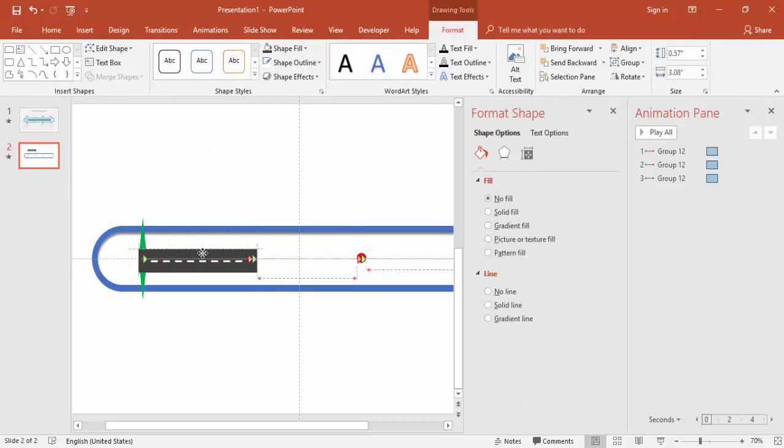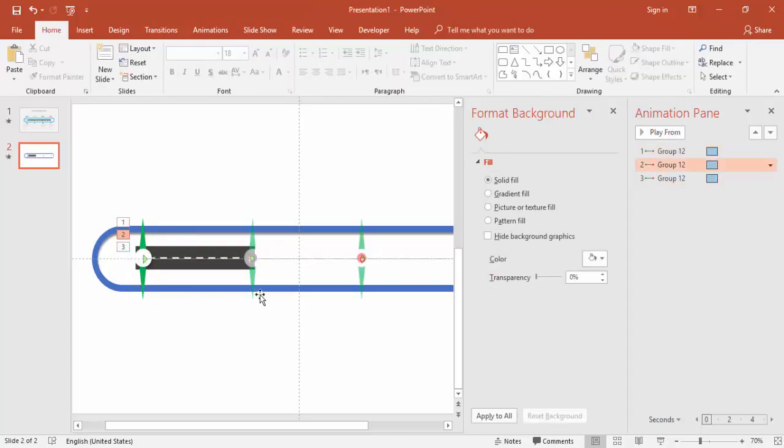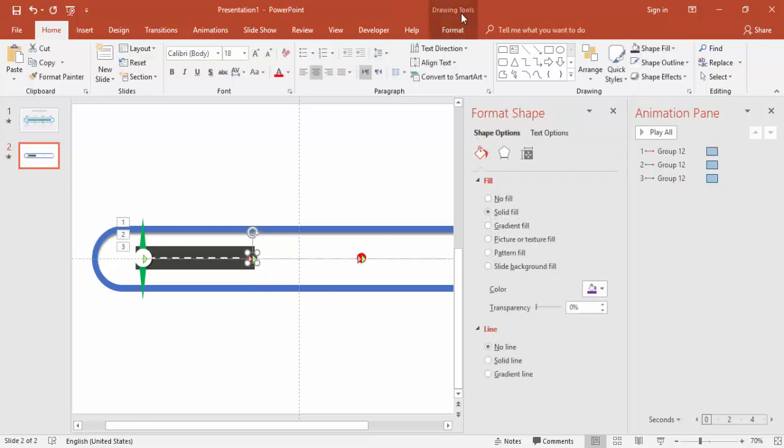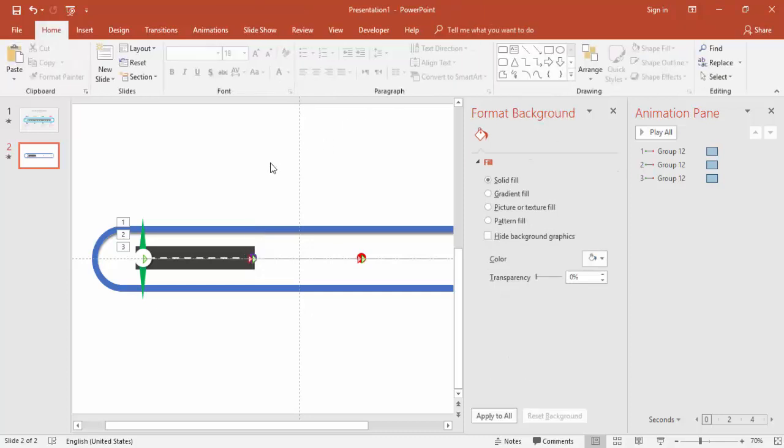Alright, and I will select both of these objects and group them, bring it exactly here, bring the needle and the circle to front also, just say bring to front. Alright,